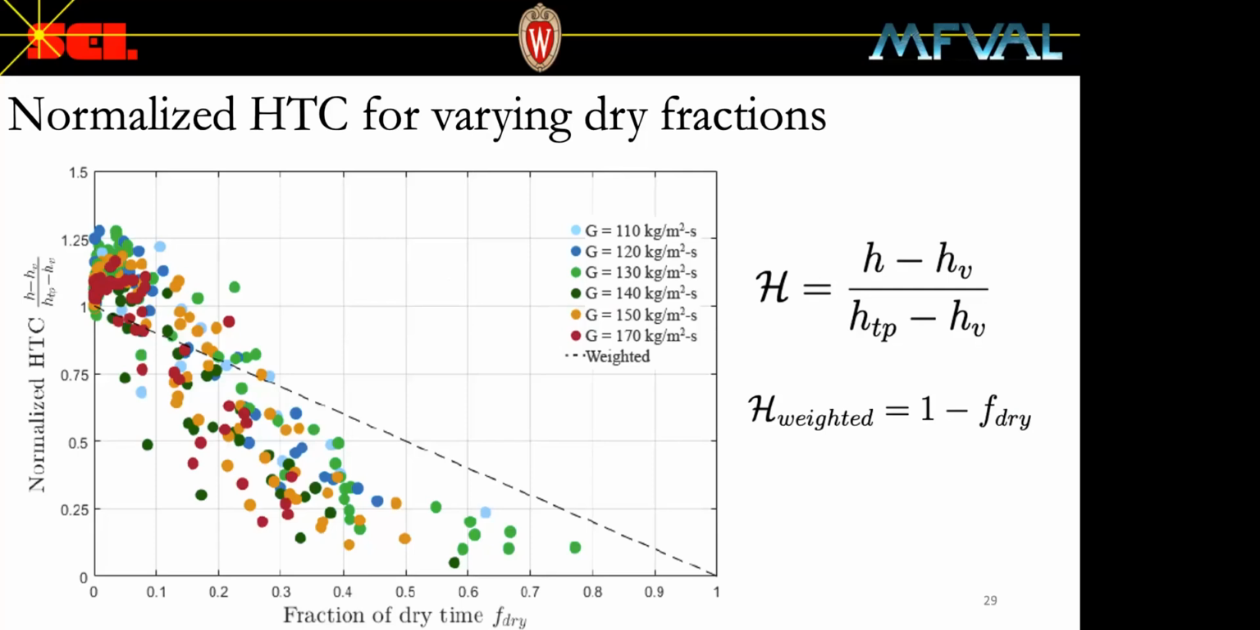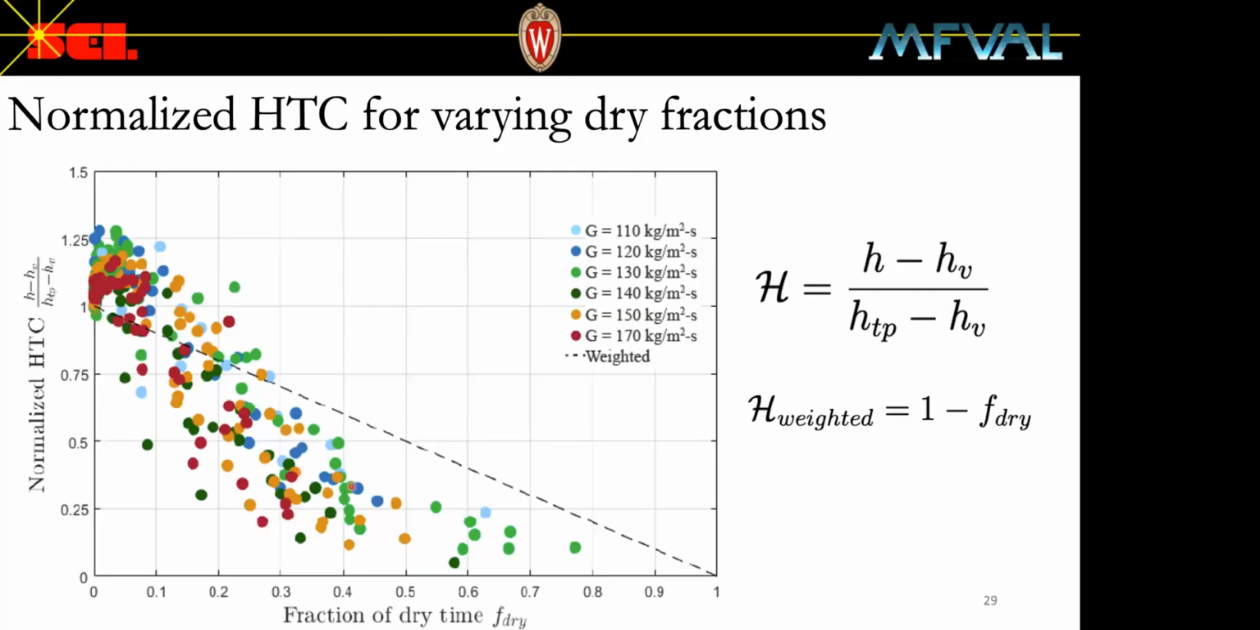So at F dry approximately equal to 0.05, the normalized heat transfer coefficient reaches a maximum value and is increased between 10 and 25% from its original value. That means at this point, when the wall was fully wet, to this point, where now we're dry about 5% of the time, the heat transfer coefficient has increased between 10 and 25%. Further into the boiling crisis, increasing F dry, there's a large reduction in the